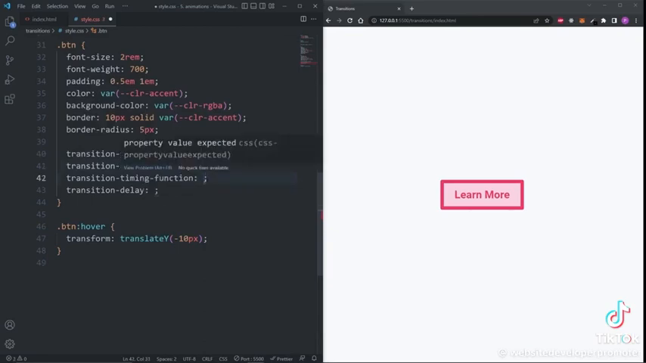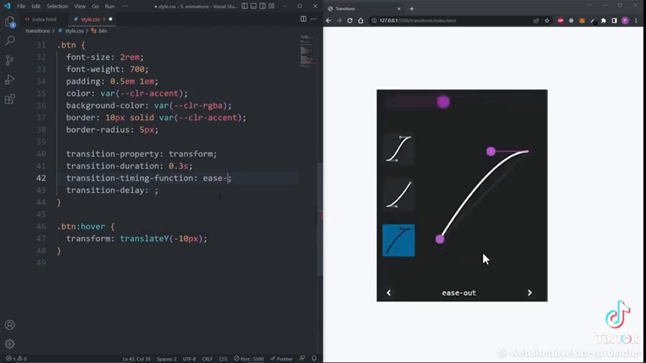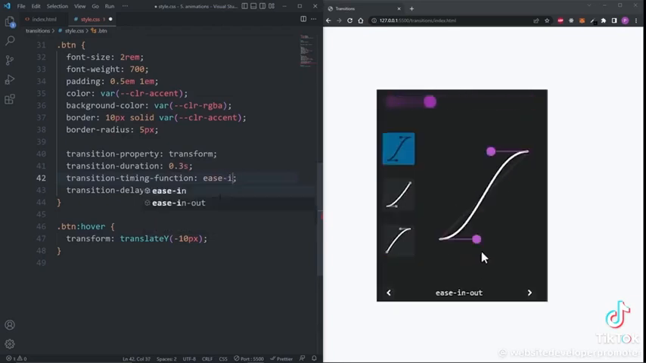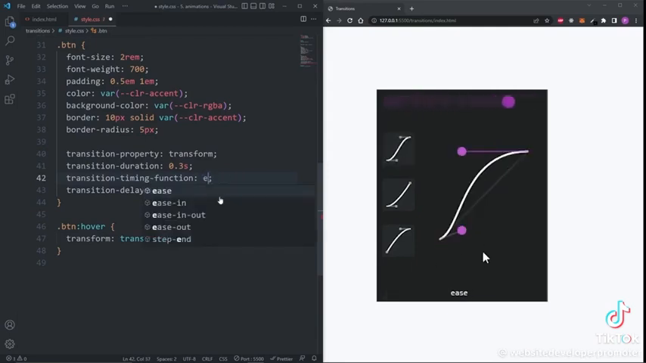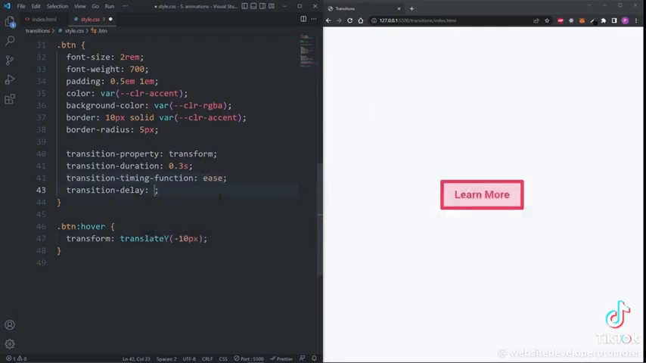The transition timing function defines the acceleration curve for the transition. The common possible values that go in here are ease-in, ease-out, ease-in-out, linear, and ease, which is the default. The transition delay defines the delay before the transition should take effect. I want my transition to start the moment the element is hovered on, so I set this one to 0 seconds. When we hover over our button, we see the button moves 10 pixels up over time,